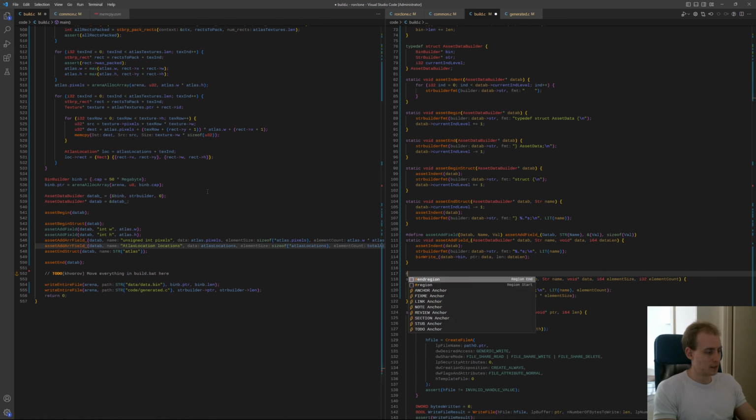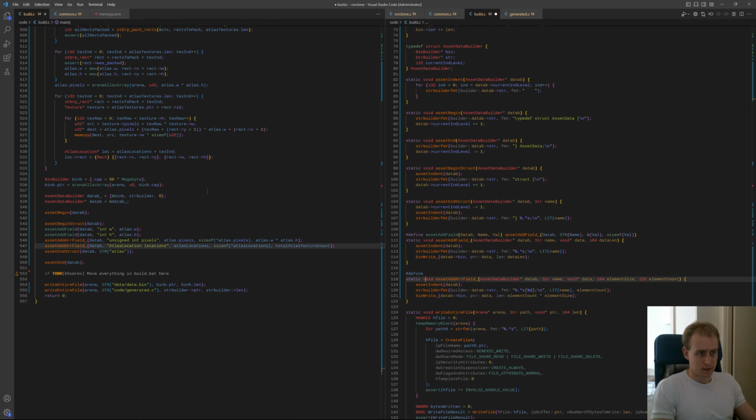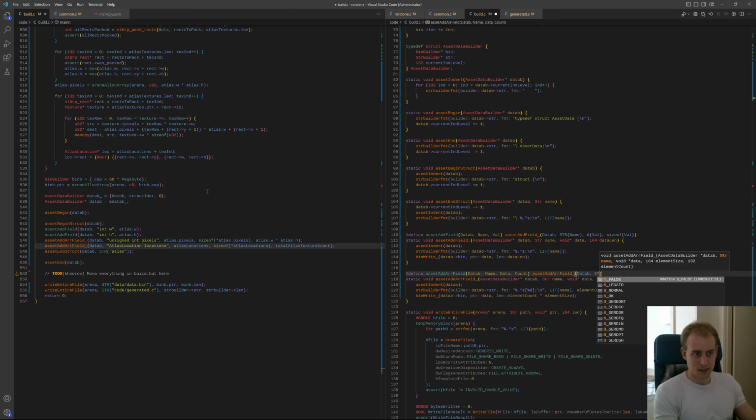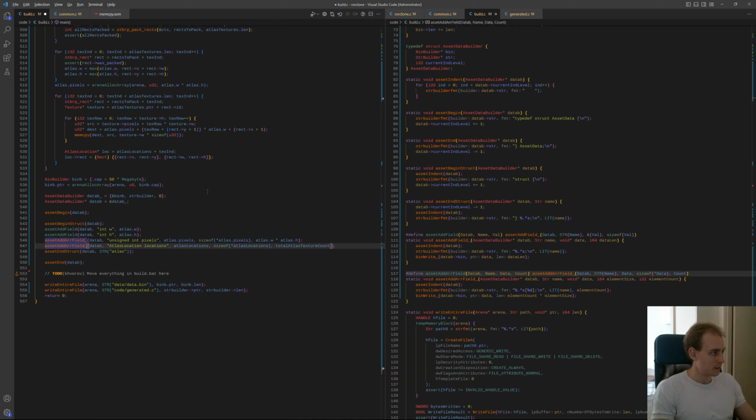So we can do another one of these. Defines data b, name, data, count there, and we can just call this and give it data b str name, data, then element size and element count. Alright, so that to be name